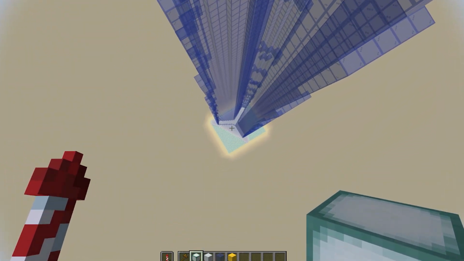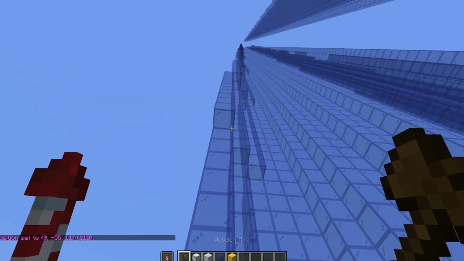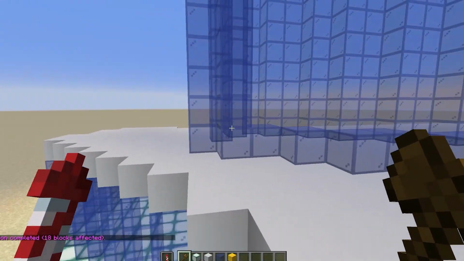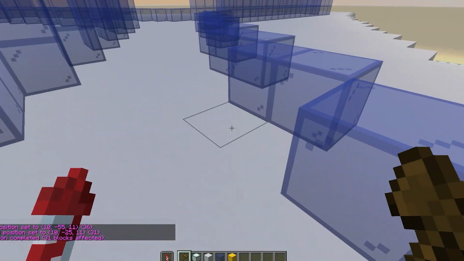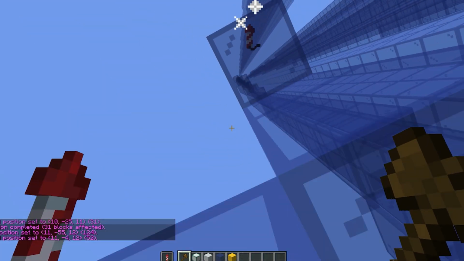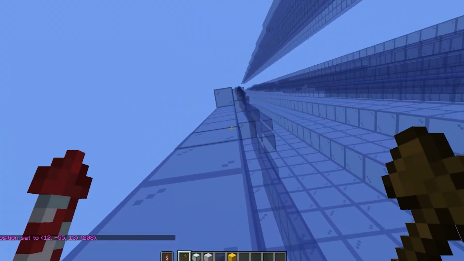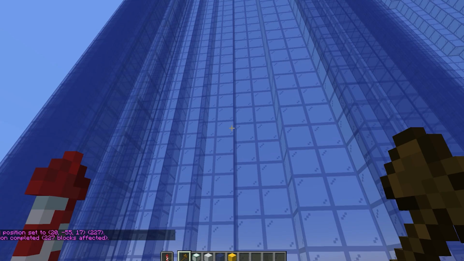Now we care about the next part, and therefore we are doing it as we are used to. So we select it down here and up there. Set blue stained glass. Next one here and here. Here and here. And so on. Lucky me, I didn't encounter any